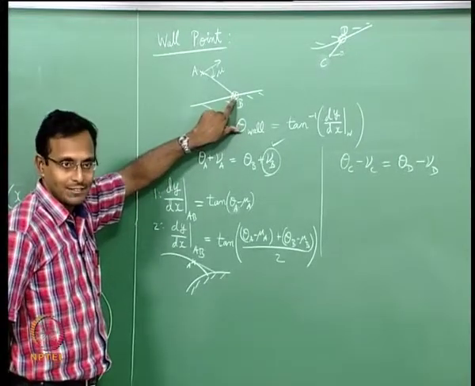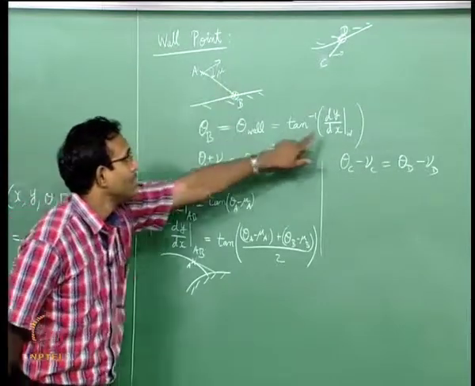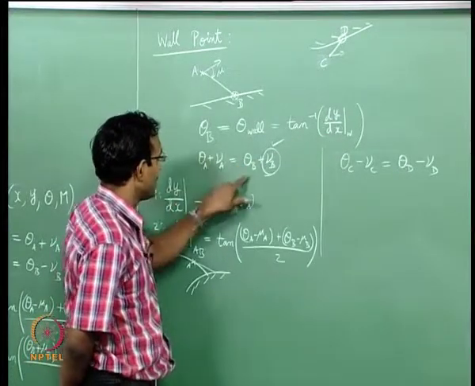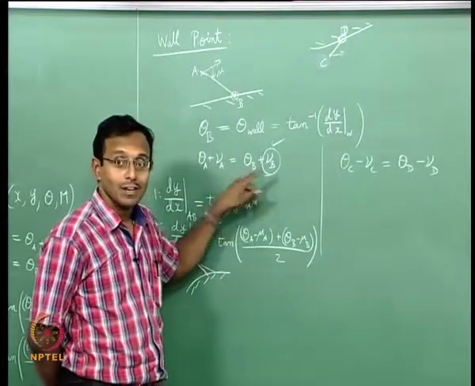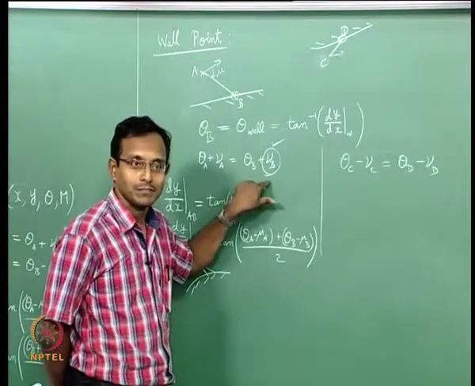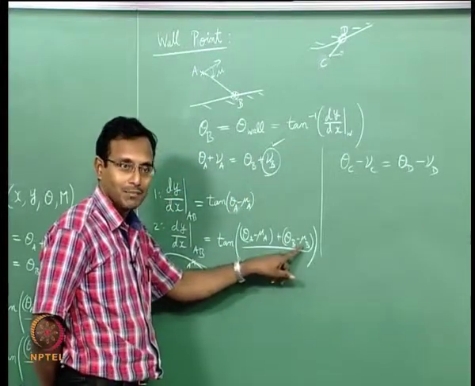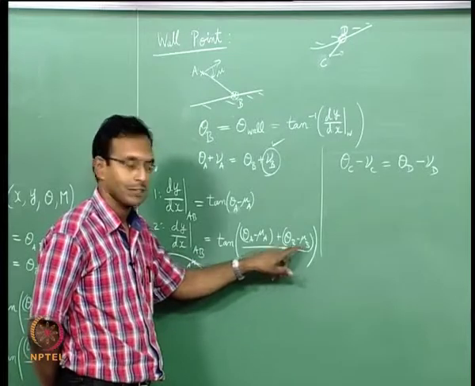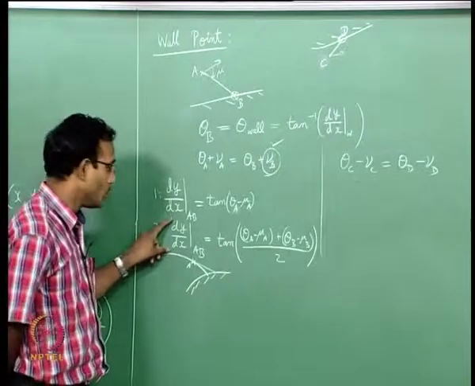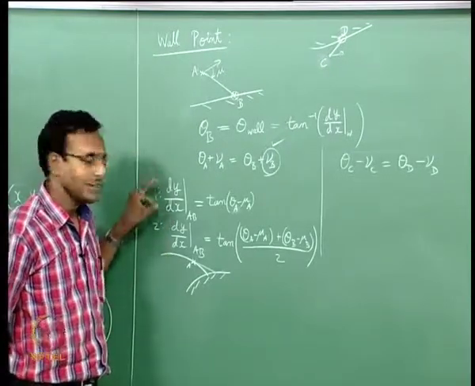After I get that, once I know that point exactly, I can now tell dy by dx at that point. From there I get theta b, I will put that in here, I get nu b. Now I know theta and nu or theta and Mach number at location b. Once I know that, I can go and use it here. Theta b and Mach number will give me Mach angle. Okay. Theta b and mu b I can use. Once I know this, I can get a new value for dy by dx. Previous value for dy by dx is now discarded. I will get a new value.